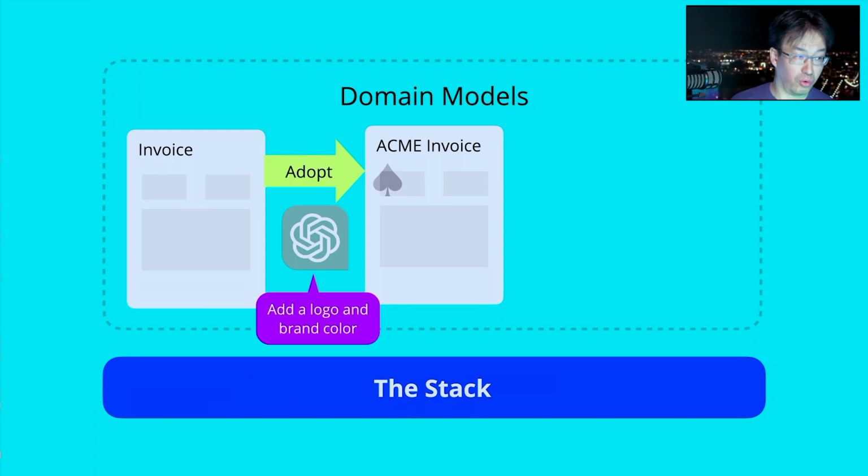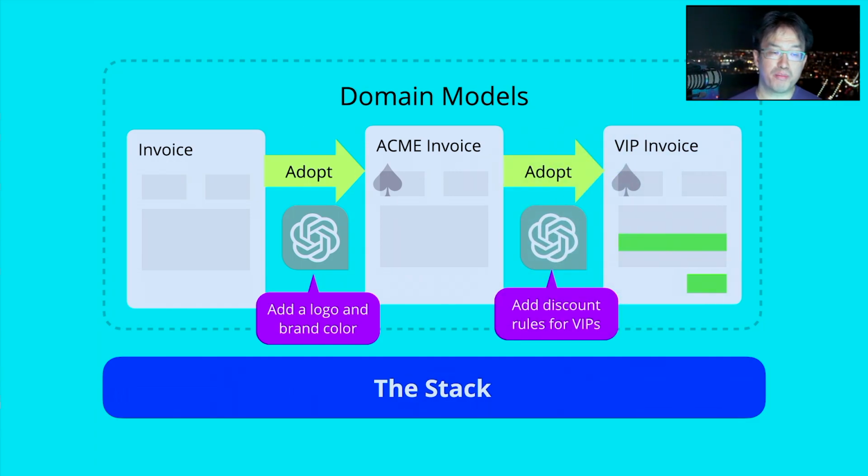And then the GPT will write the Boxel code that maintains compatibility by adopting it. They learn how to do that through developer docs. So you don't have to redo the whole thing. You're just changing the part or adding the part that you want to change. And then you can do another step and say, oh, I want to make a VIP invoice where we have a special discount rule. And this is where generating formulas, enforcing the form fields and constraints come in.